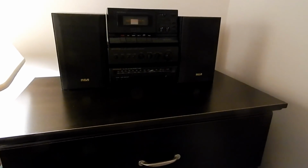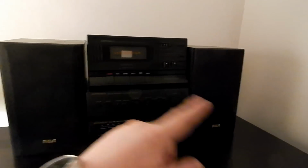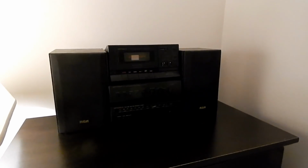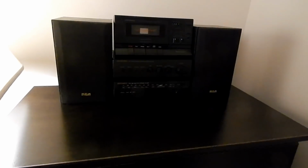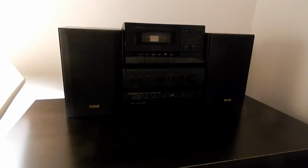It's this little Radio Shack set of components. These three are branded Optimus and those two are branded RCA, but they're all Radio Shack. So, this has been a very nice setup for me. But the one problem is I'd like to have a record player in here, but I can't fit it on this dresser. So my only real option has been to replace the stereo, and that's what we're going to do